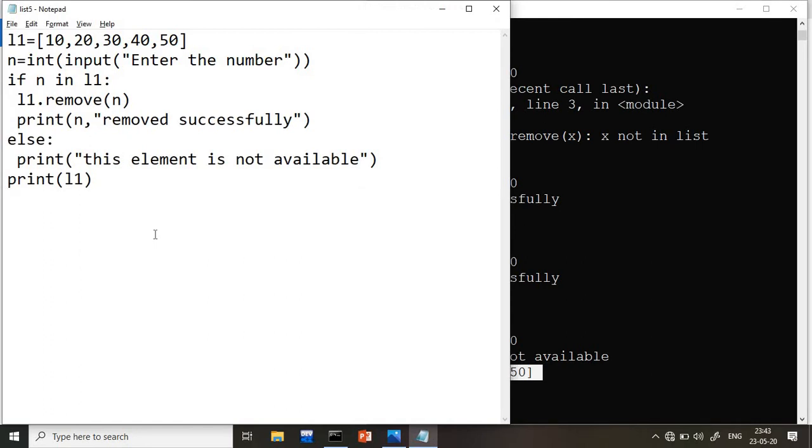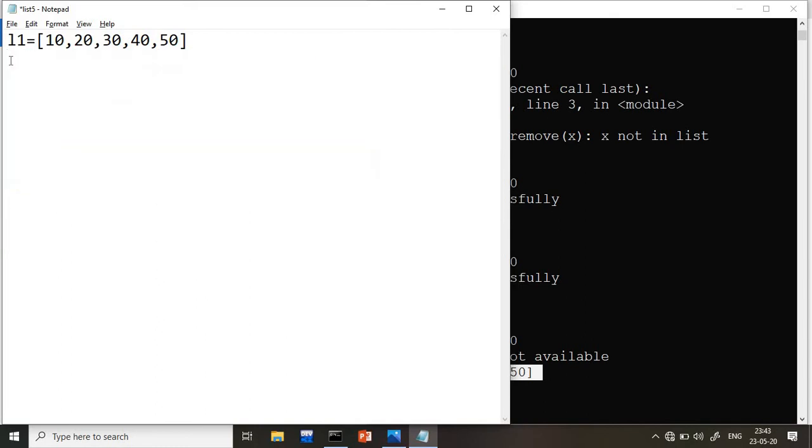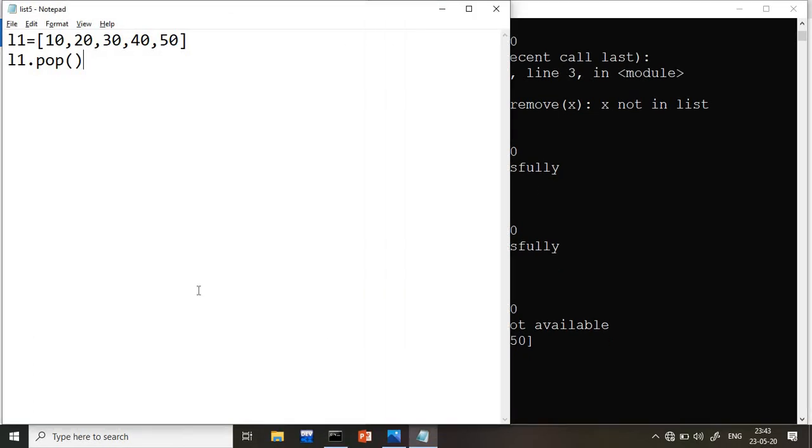Now we are going to see one more function called pop. So first of all, pop is also used to remove a value. But what is the difference between pop and remove? First of all, I will just use the pop function. I will write L1.pop. Save and just execute this. After the pop, I have to print also. Directly I can print this function because this returns the value. Okay, guys, this function returns the value. So I can write it inside the bracket.